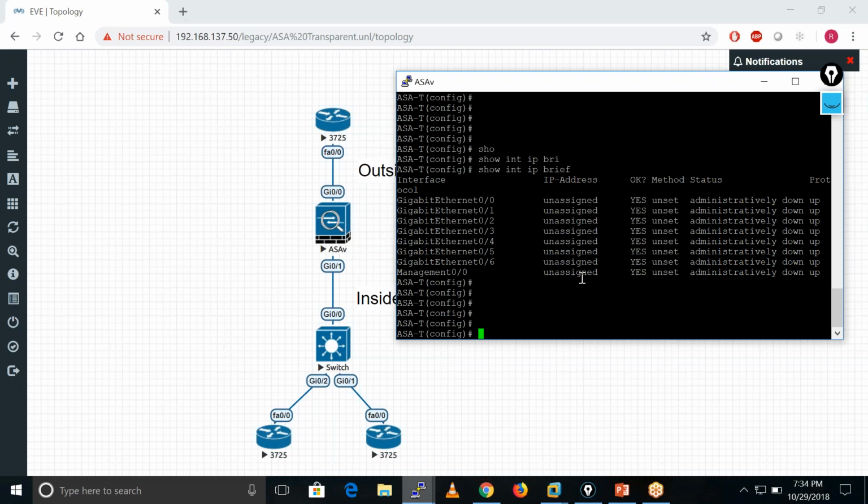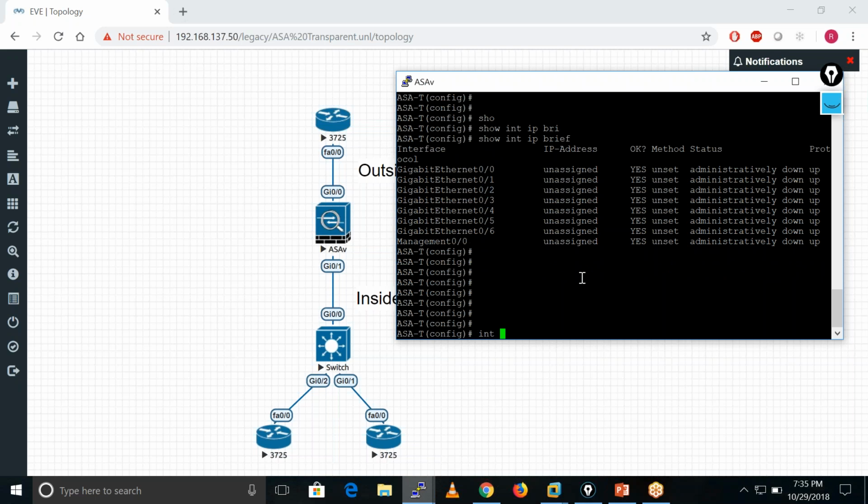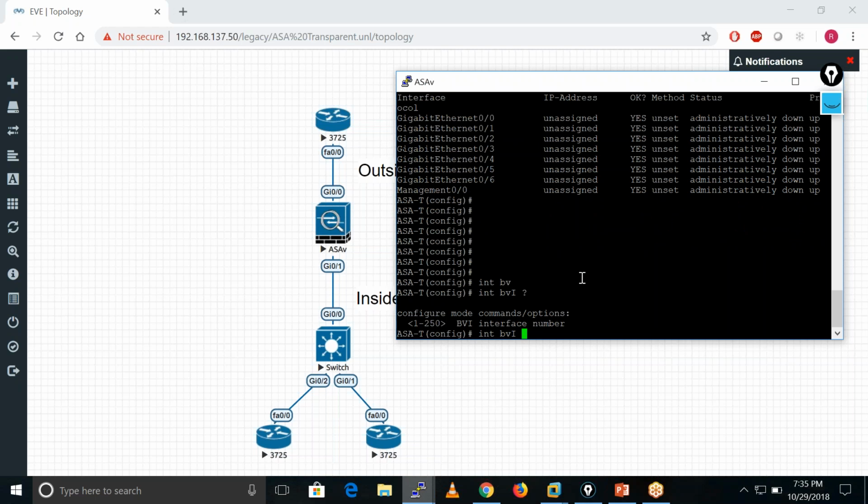So how do we configure the IP address? We create a bridge group. So interface BVI.